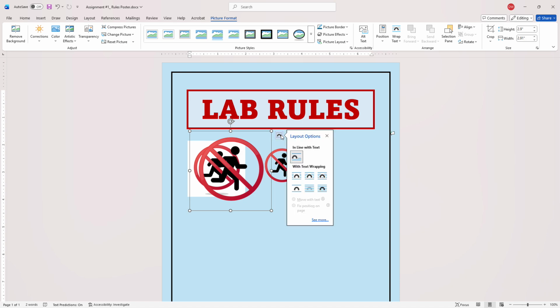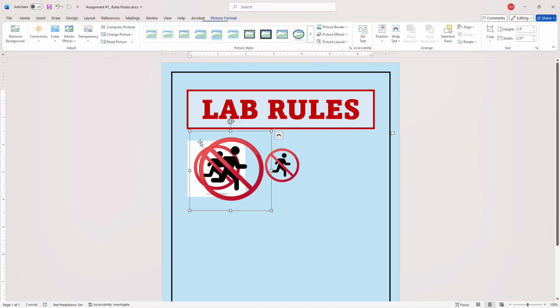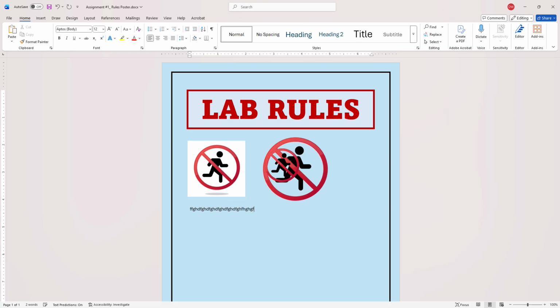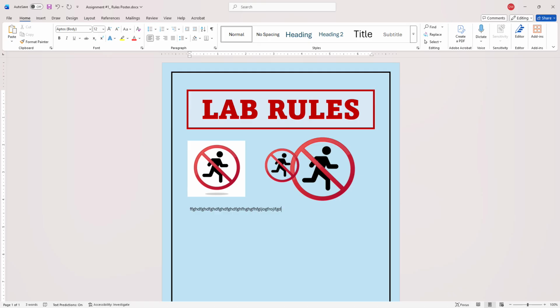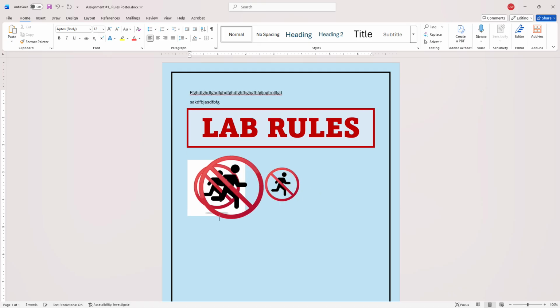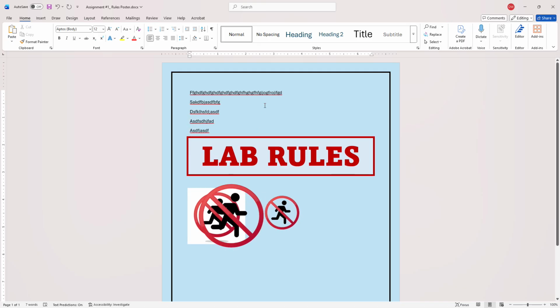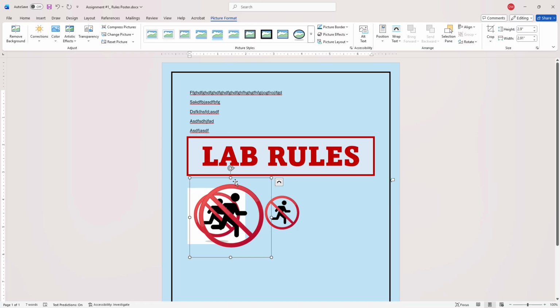And the reason being is because the text wrapping is set to inline with text. So the only way that it's going to move down is if I had gone in here and physically typed words. If you notice, it's moving along as I'm typing, and it continues to move down the page depending on what's going on. Okay, is that helpful in some situations? Sure, because now it stays where it's supposed to be,